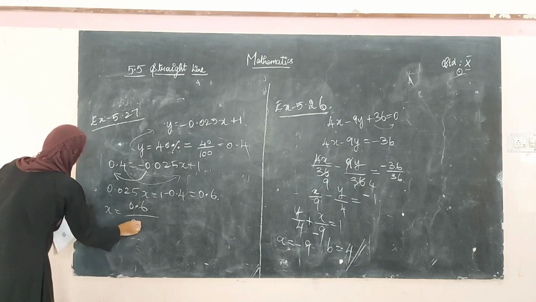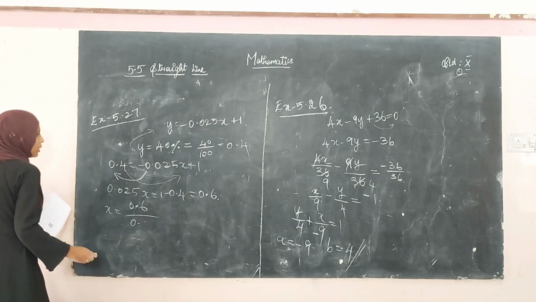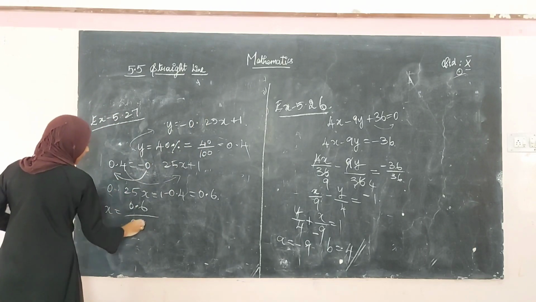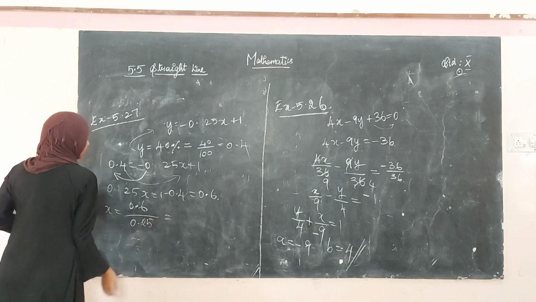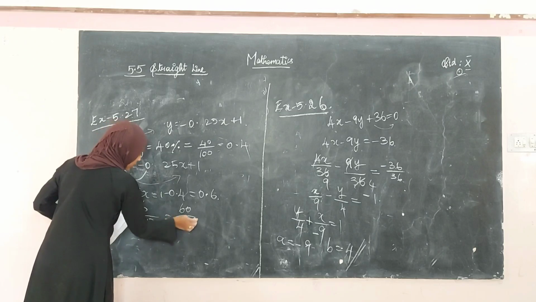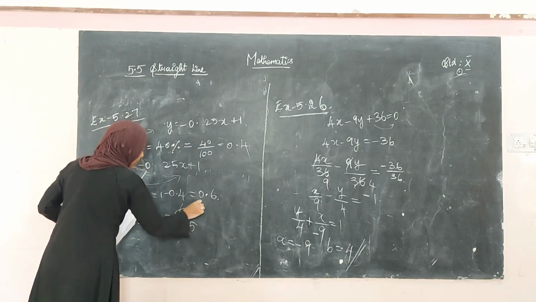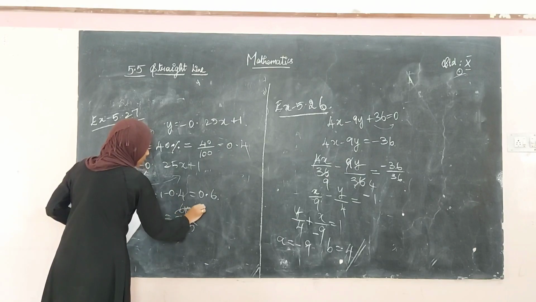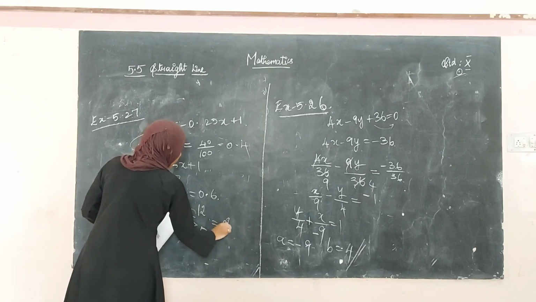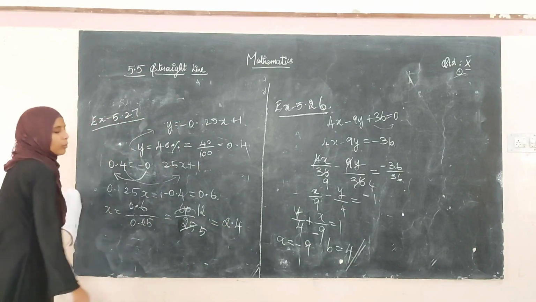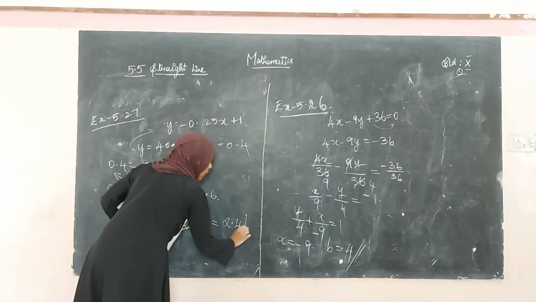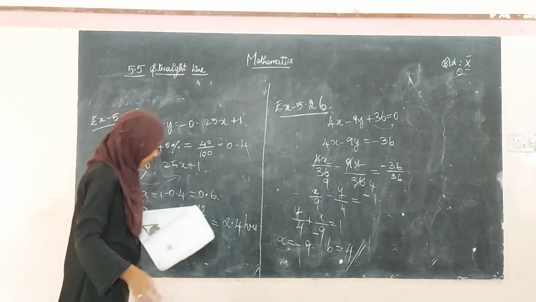Okay, so x is equal to, the other side it will be in the denominator. 0.6 divided by 0.025. Sorry, it is 0.025, not 0.25. Okay, so now multiply both numerator and denominator by 1000. It is 25 times 24, which is equal to 0.6, so x is equal to 24. You have to write the time. This is time, right? So the time taken is 24 hours. Okay, see the third subdivision.